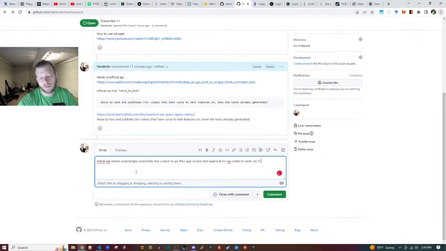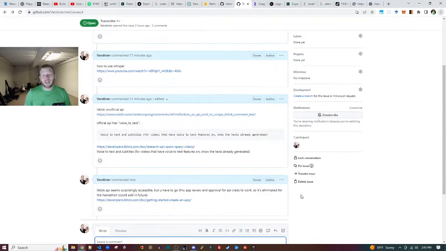So it's eliminated for the hackathon. Could add in future. That's kind of a cool option because currently I'm relying on Repurpose, which is proprietary and costly. So it would be cool if a future iteration of Rect didn't need that.